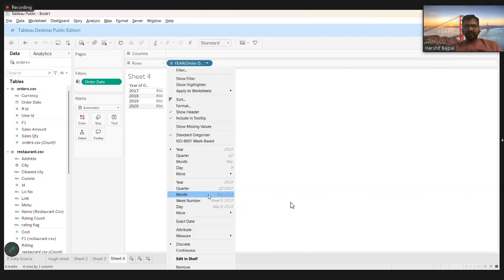Tableau automatically generates it, similar to how Excel also generates it, right? In your pivots, when you use a date column, it generates months, quarters, years, etc. So Tableau also does that along with week number, weekday, etc. Now, if I choose month,